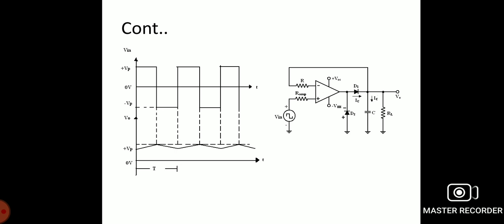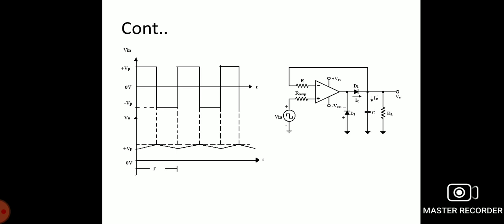For proper operation of the circuit, the charging time constant and the discharging time constant must satisfy certain conditions. The capacitance and the load resistance must satisfy the following condition: C times R_D is less than or equal to T divided by 10, where R_D is the resistance of the forward biased diode and T is the time period of the input waveform. If the load resistance RL is very small, that equation cannot be satisfied. In that case, use a voltage follower circuit between the capacitor C and the load resistance RL.